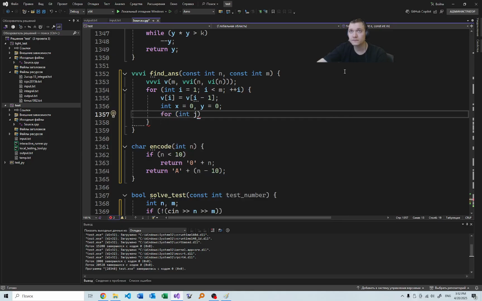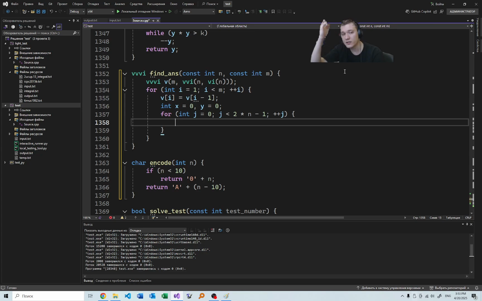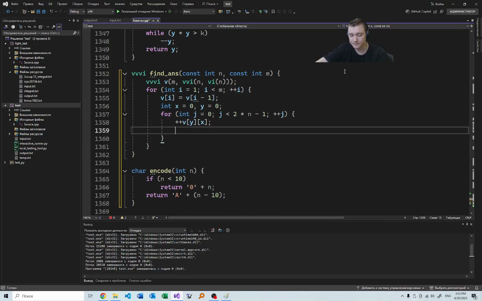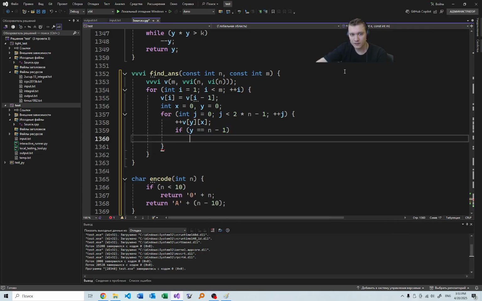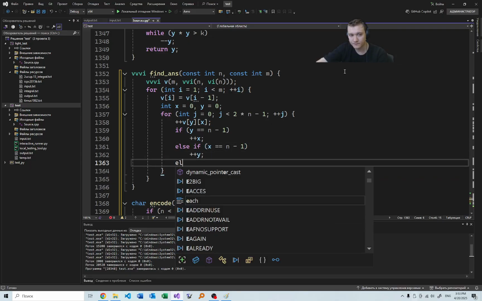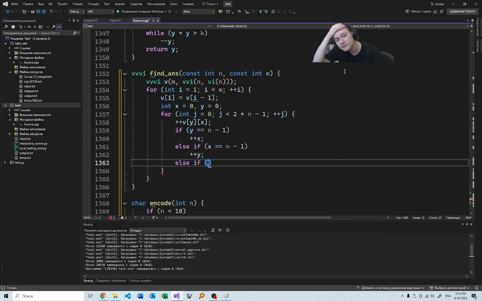For int j, for this j, I do the following. I say plus plus v yx, and if y is equal to n minus 1, plus plus x, else if x equals n minus 1, plus plus y, else if